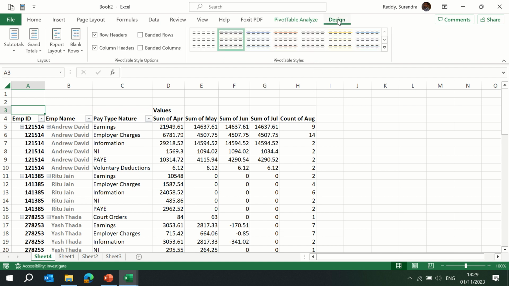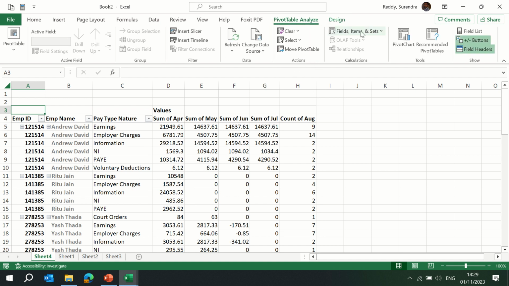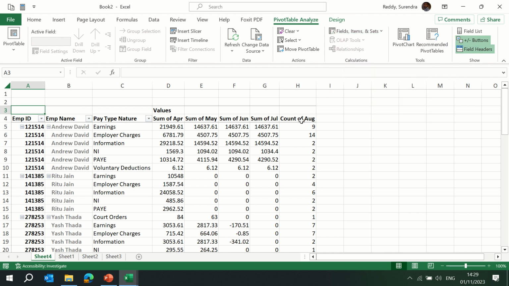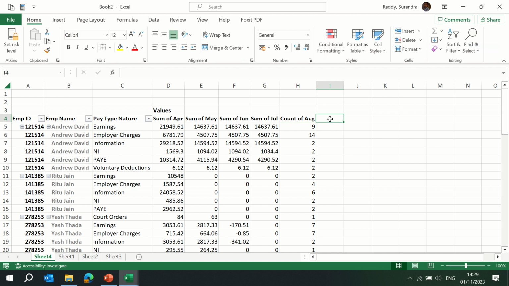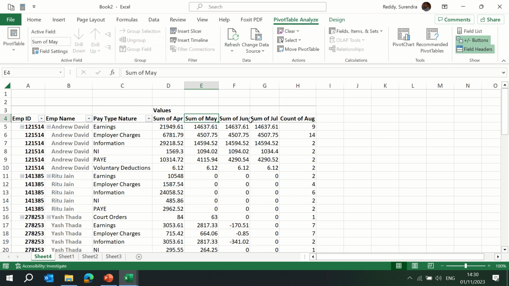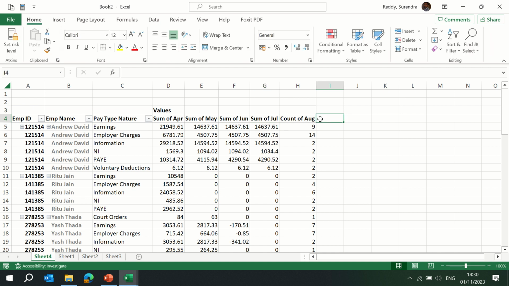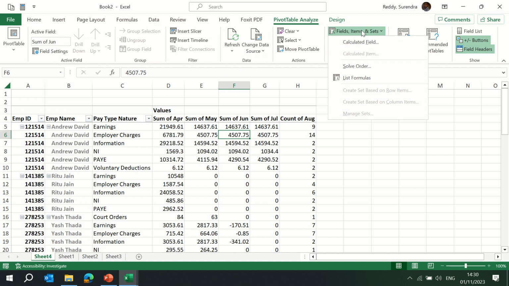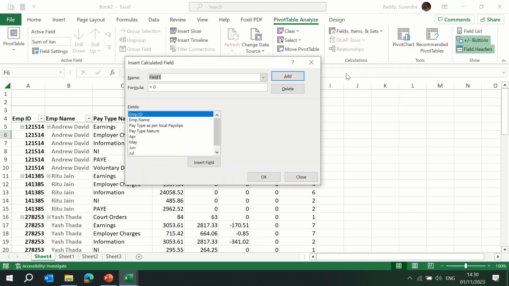Then designs, which we already discussed, and we have fields and items. So calculated field is a very useful feature available under pivot table. How does it work? For example, here I have April, May, June, and July months. Now I would like to calculate some fields based on the data which is available. For example, I would like to add the sum of